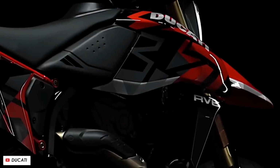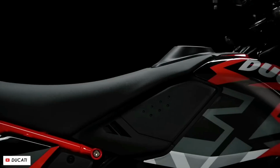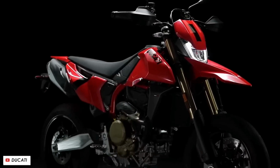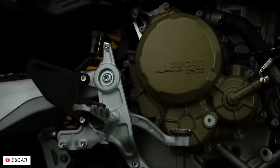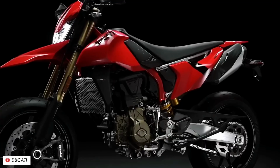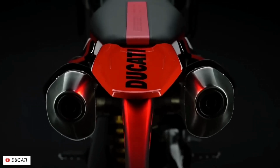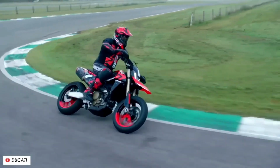But in the meantime, purely from a styling perspective, I think it's fair to say they've done a fantastic job as well. Naturally, it looks a little more slender than the 950 equivalent, which I think suits this style of bike really well. And then they also offer it in their RVE paint scheme, which adds a bunch of graphics and more vibrant color choices that again, I think is a perfect match for a supermoto style bike. There is also of course the option of the standard Ducati red, but for me, the RVE wins this one